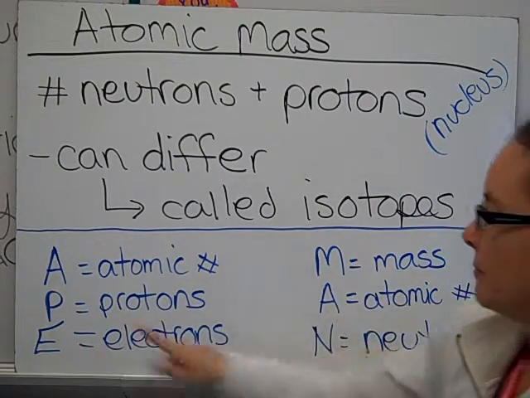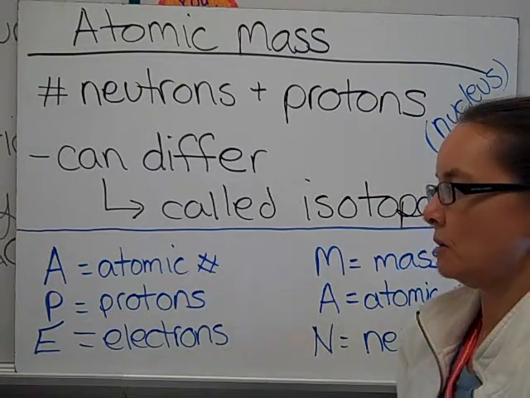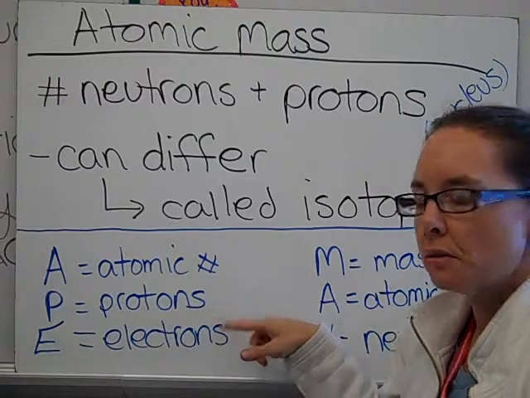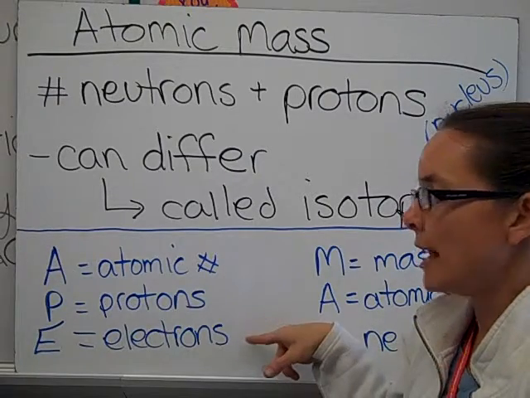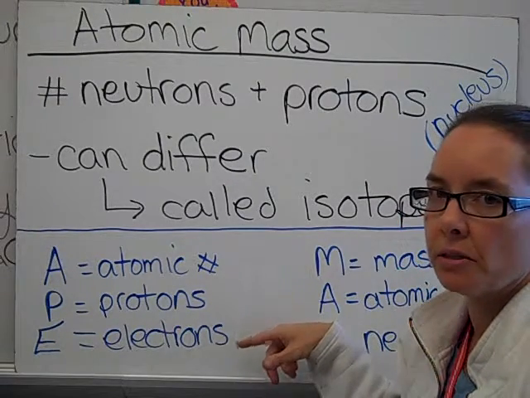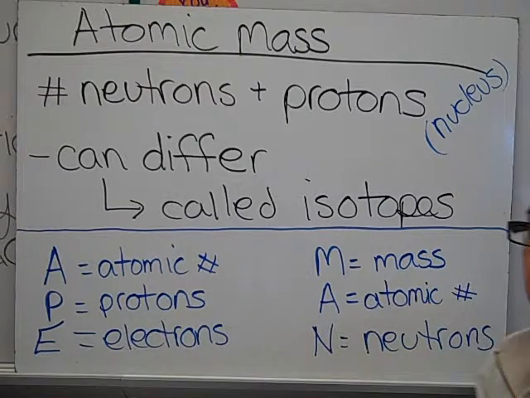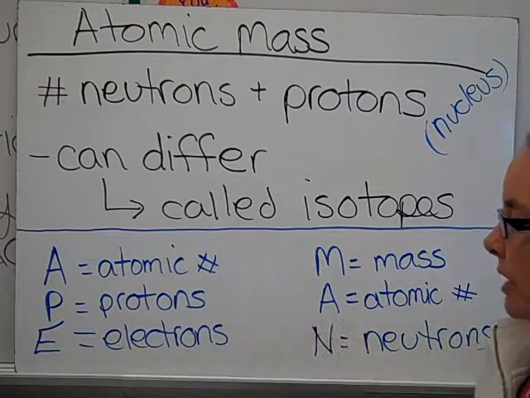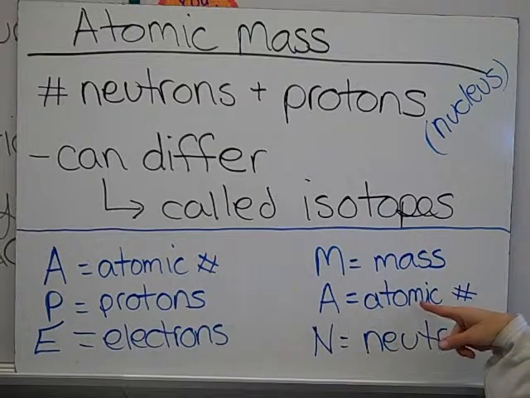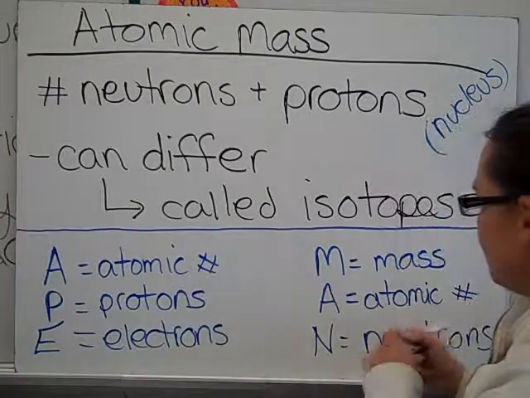APE and MAN. APE stands for atomic number, protons, and electrons. So the atomic number is the number of protons. It's also the number of electrons, because since protons have a positive charge and electrons have a negative charge, they balance each other out. Mass, the atomic mass, is the atomic number plus neutrons. So if you can remember, the atomic number is the same as the number of protons and electrons, and the mass is the same as the atomic number plus the neutrons. And I will actually put a little plus in here to help you